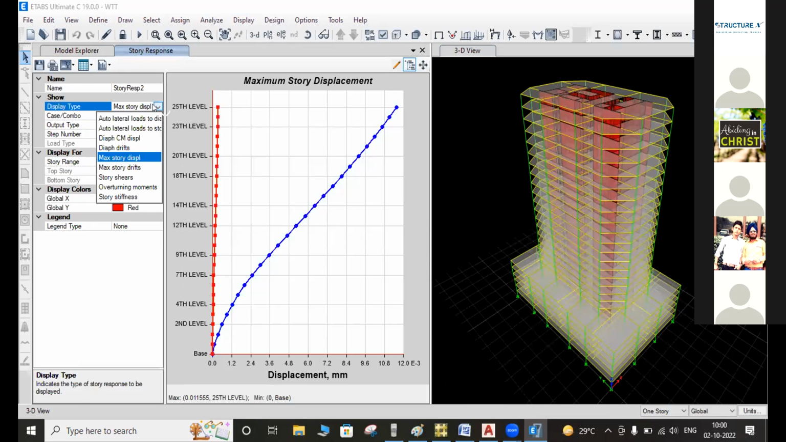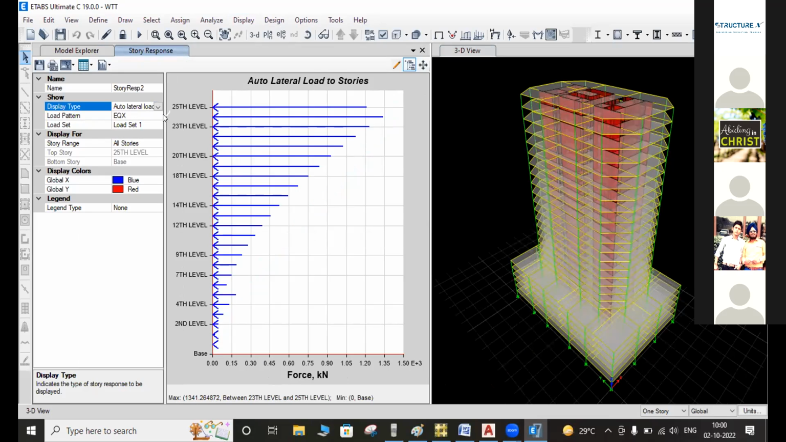Sir, basically, when you perform the static analysis, all the unbalanced vertical forces become distributed from top to bottom. We have got the base shear values also. As per the static analysis, EQX, EQY, but moving to the dynamic part also, the lateral displacement,